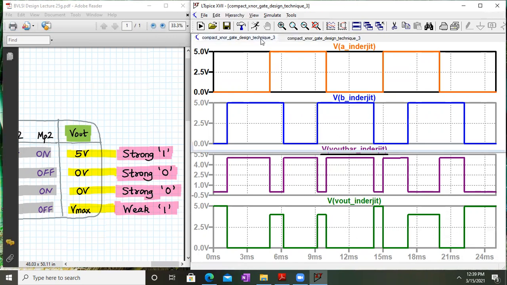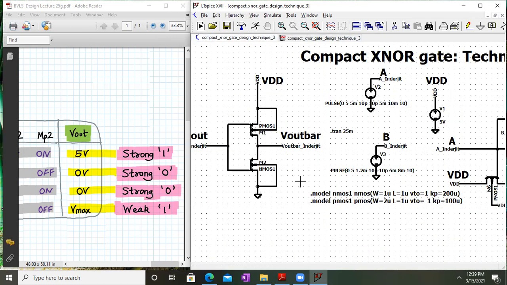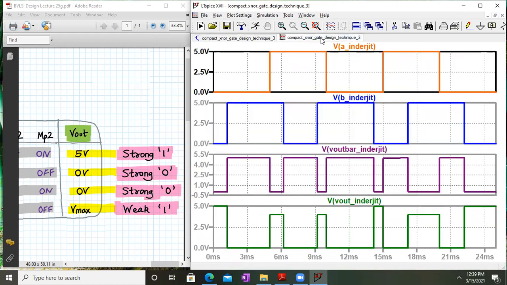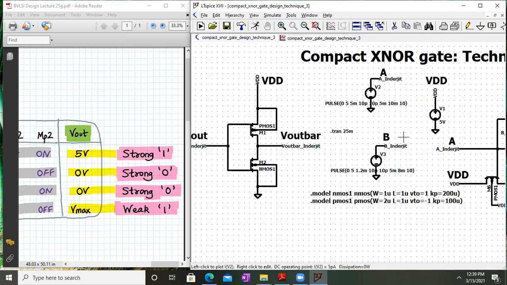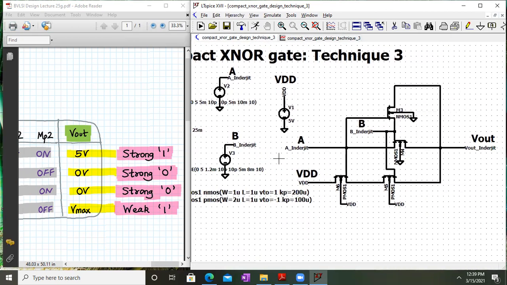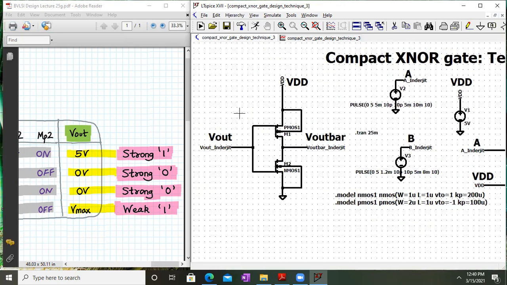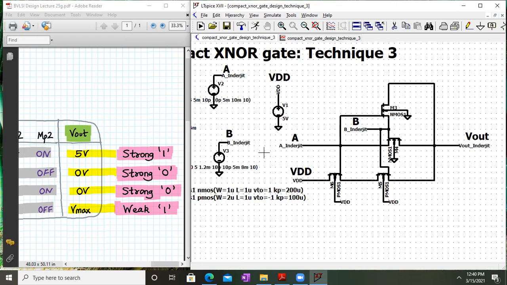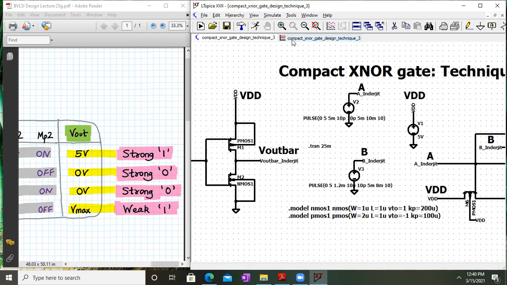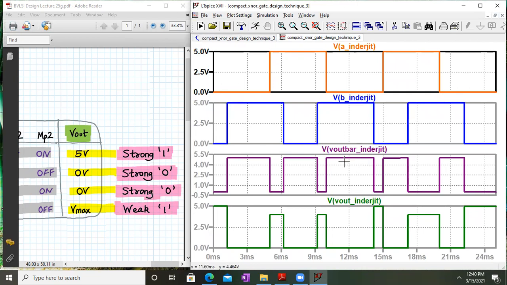That's the only difference. And we require extra 2 transistors to implement this compact XOR circuit now. It has become XOR implementation instead of XNOR. So if you want to implement XNOR, then you have to face this weak 1 whenever VA and VB are at 1 at the same time. If this is acceptable, then we can go ahead with this circuit. Or else, if that is not tolerable, we can connect a CMOS inverter at the output of this compact XNOR gate. With the addition of 2 extra transistors, we will have a change in the functionality, and now for V out bar we have XOR operation.